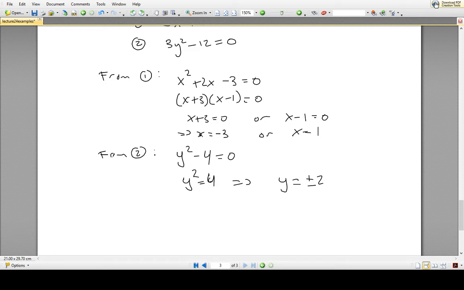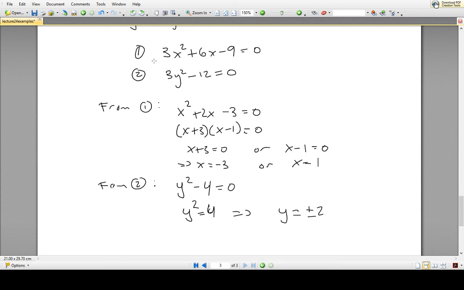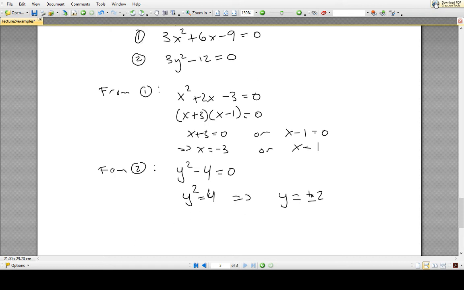Well, as long as x is equal to negative 3 or 1, we're guaranteed that the first equation is 0. If y is either positive or negative 2, we're guaranteed that the second equation is true. So any combination of these x and y values will be critical points. So the critical points of z